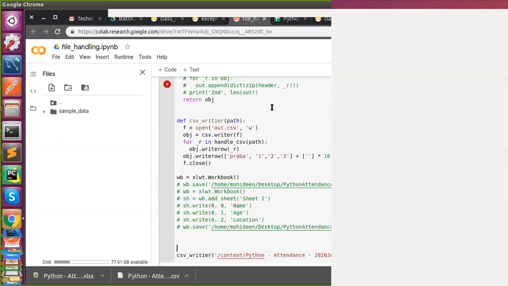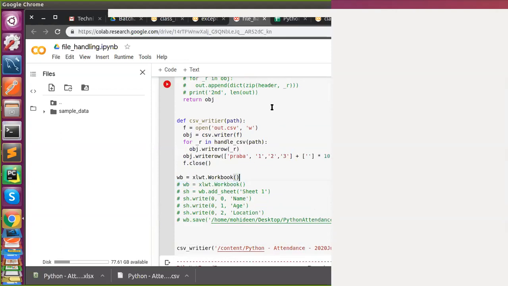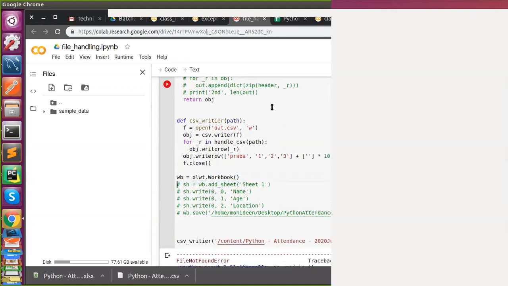Now, once it's done, we don't need this. I need to keep it here to create a file. The file name alone is enough. It will create the file.